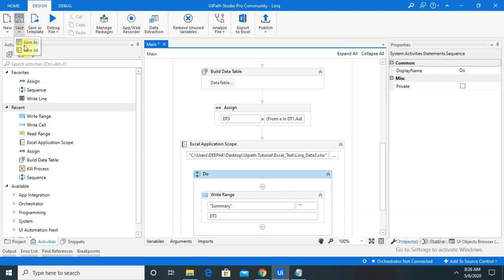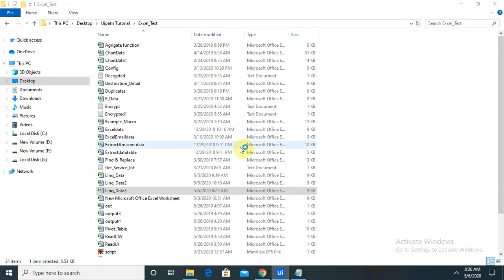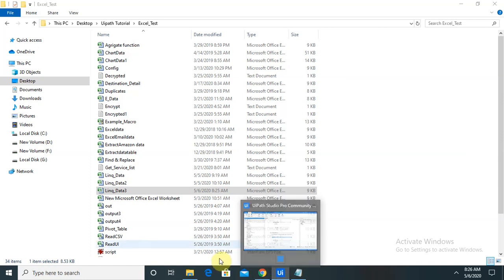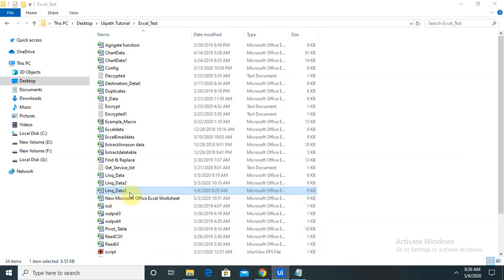Let's save all and run our Excel. It will open your LinkData3 Excel and merge both the sheets and write it to the other sheet, that is the third sheet, for the summary.